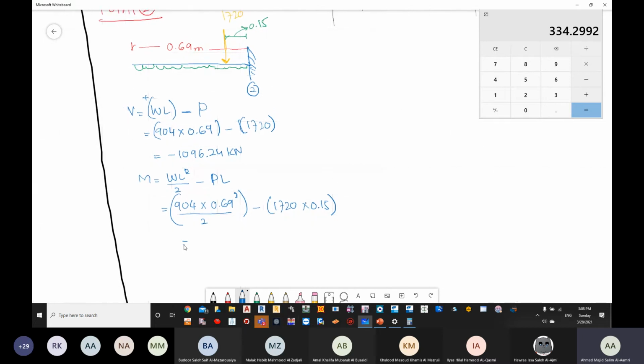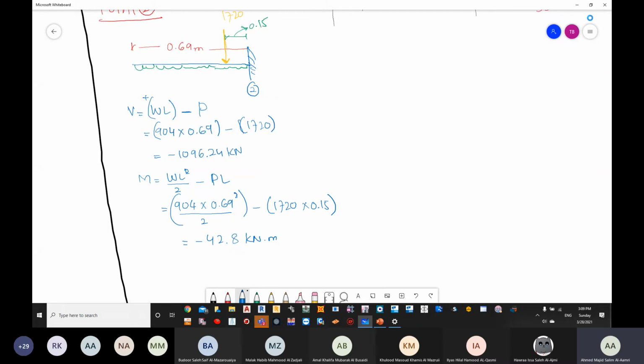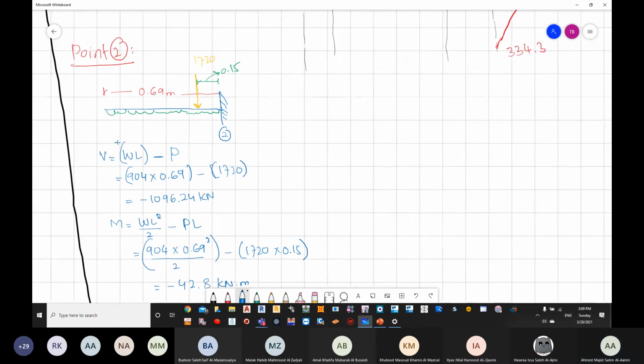It goes as minus 42.8 kilonewtons. Very good. Now,